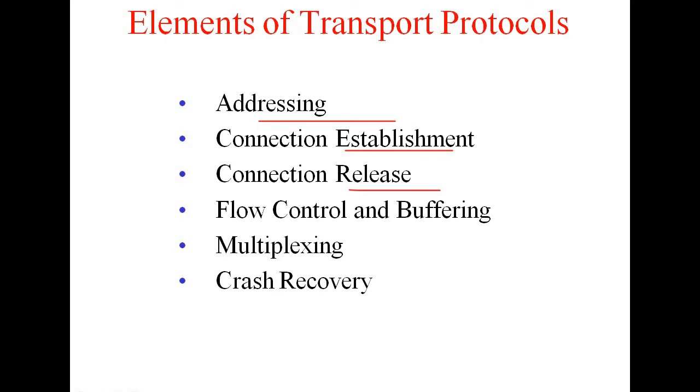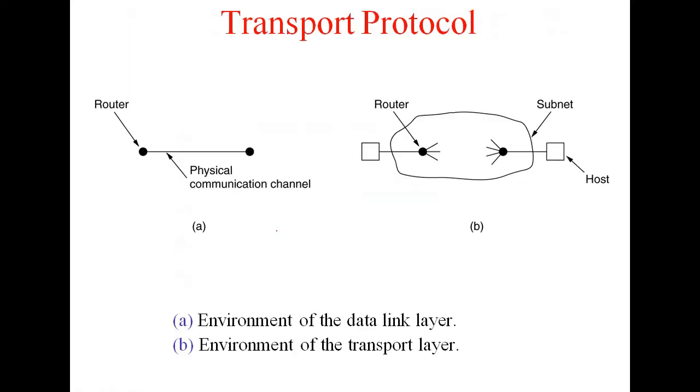So before beginning with the transport protocols or the elements, or we can say the services that occur here, we are going to discuss the main differences and the similarities between the data link layer and the transport layer. To begin with, the services provided by the data link layer and the transport layer are more or less the same. Data link provides services like sequencing, error control, flow control. The same functionalities are also provided by the transport layer.